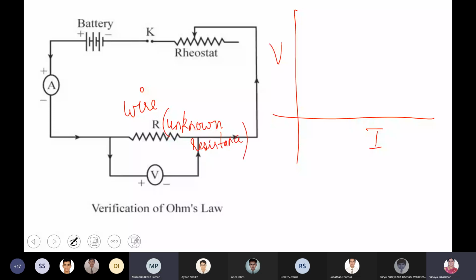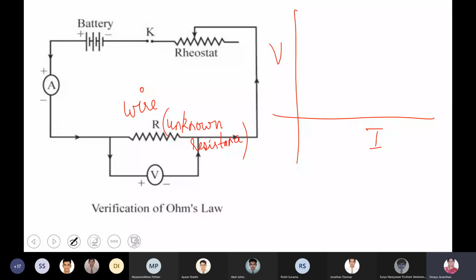Ma'am, do you have a picture of the entire setup, how it is? I have to go to the practical files. You want to see an ammeter? Ma'am, the verification of Ohm's law, this entire experiment, is there in the YouTube videos? You want to record the video of what is happening tomorrow? Let me check. I'll record it when some of your students are doing the experiment, and we'll send it to you.